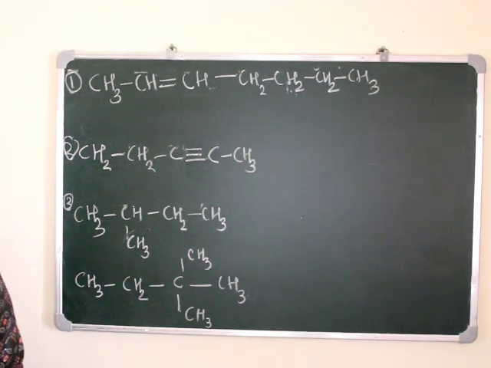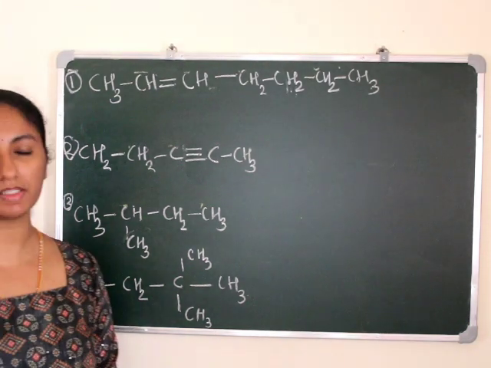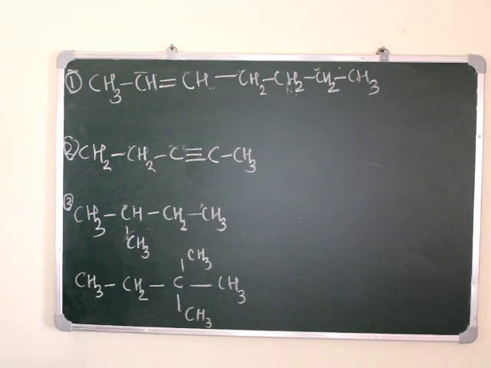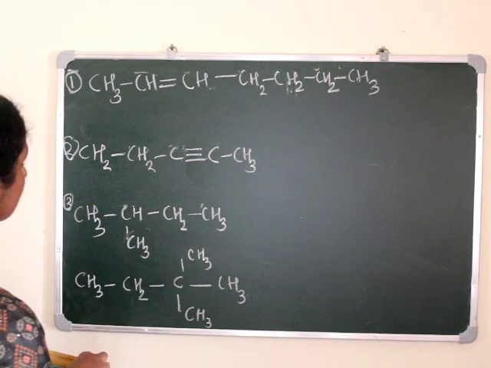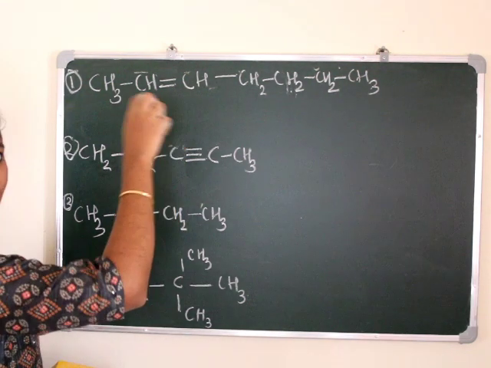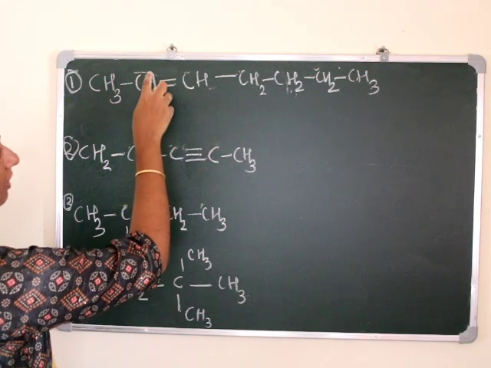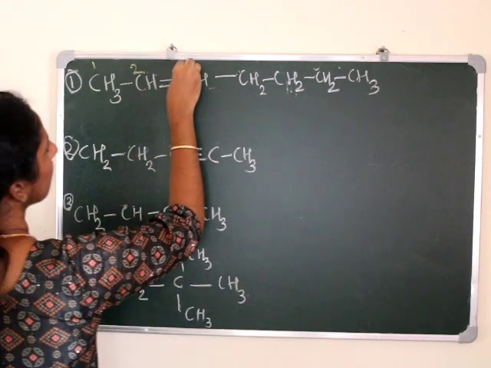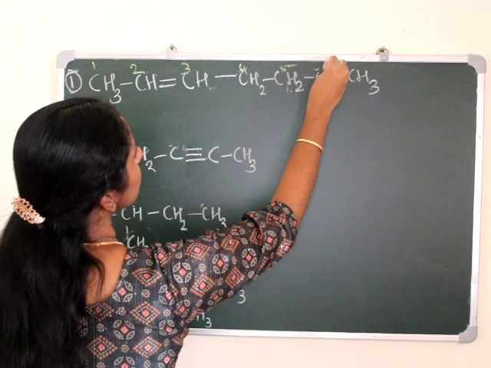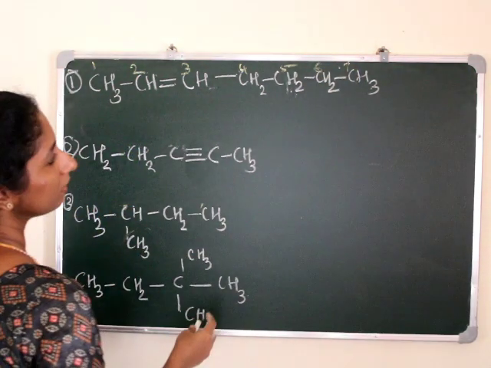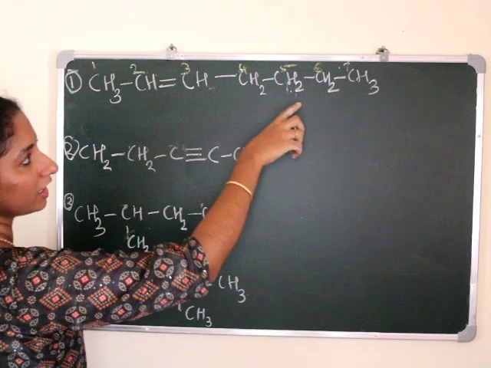So in this class we will discuss the revision of this nomenclatures. So we can get into the questions. Okay. So how can we number this particular hydrocarbon? We want to give lesser number for this unsaturated having carbon atom, right? So we can number it like this: 1, 2, 3, 4, 5, 6 and 7, right? So the number of carbon atom at this long chain is 7.